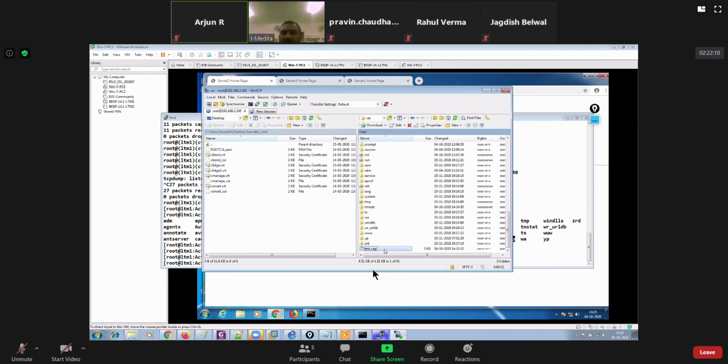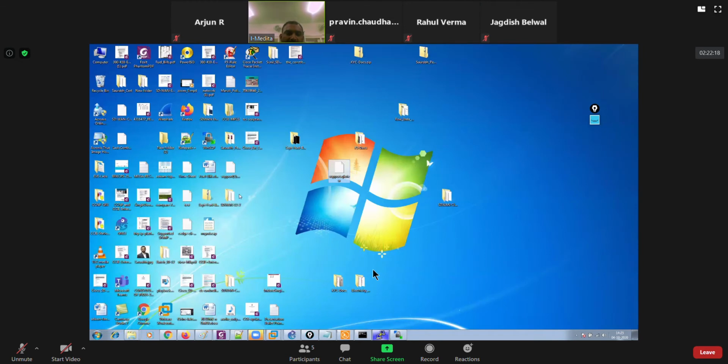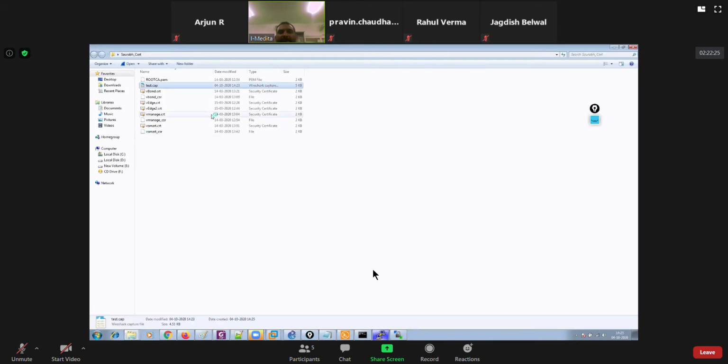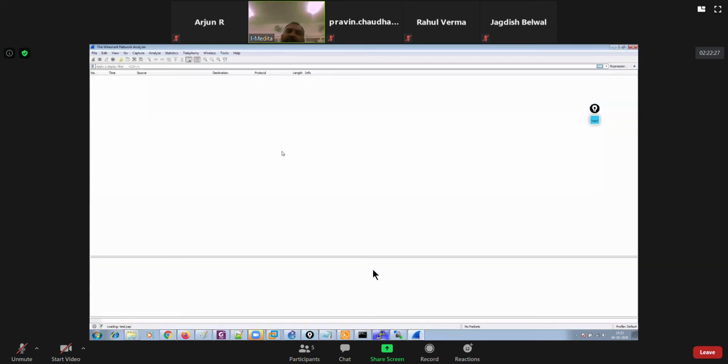Test.cap been copied. Go to desktop, store cert, open it, and it will get open up in your Wireshark like this.